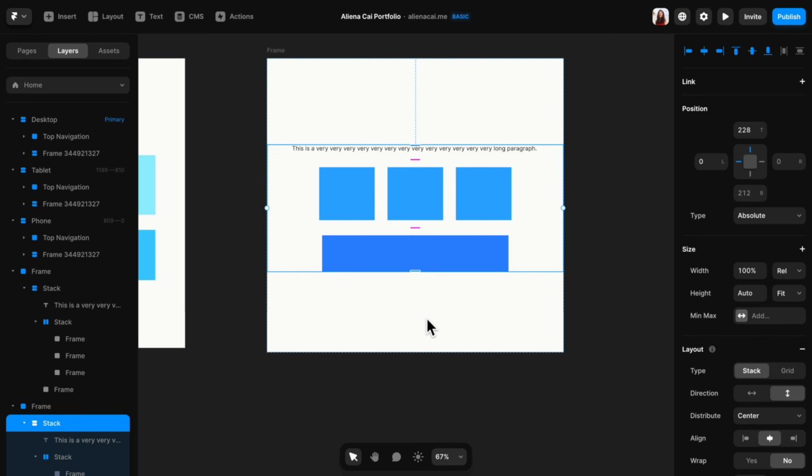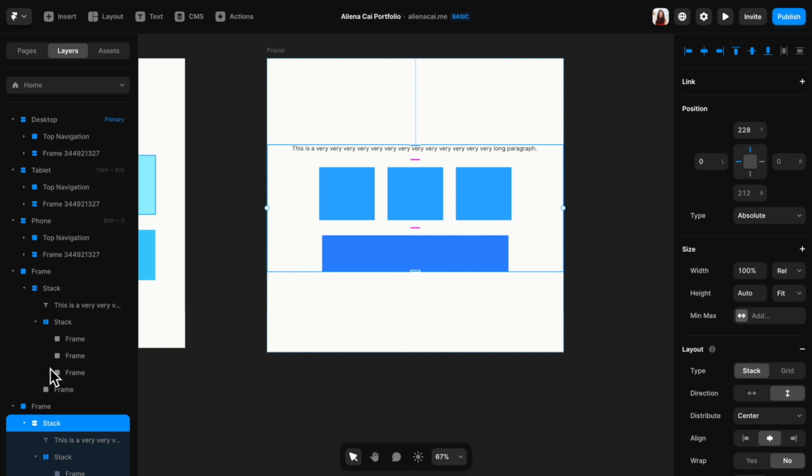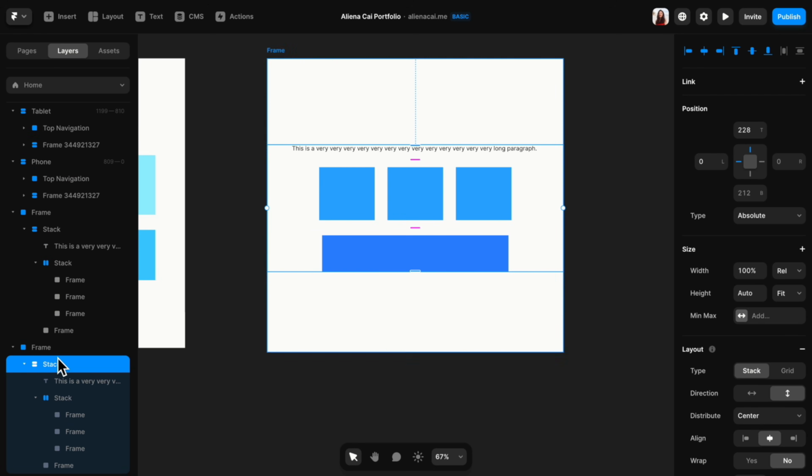When you export from Figma to Framer, all your auto layout frames will become stacks. If you didn't name your layers in Figma, it might call a frame even though it's a stack just because all Figma auto layout frames are called frames. So remember, two rectangles icons is a stack, one square icon is a frame. Now you are done with the first concept.